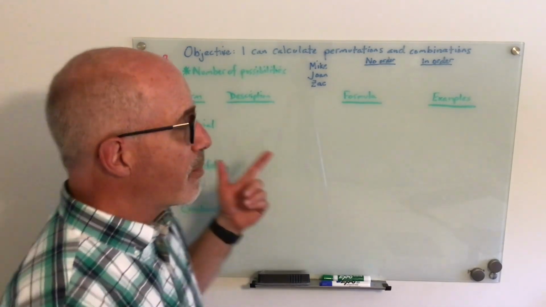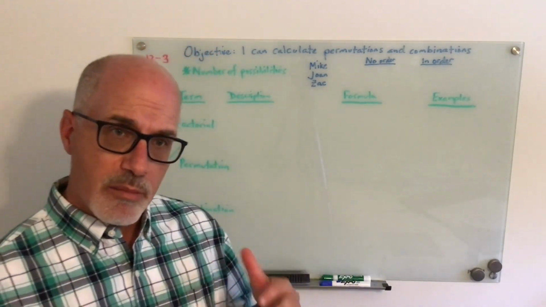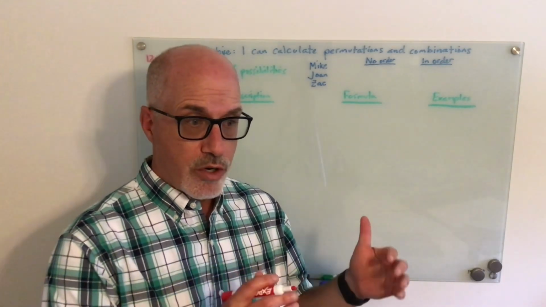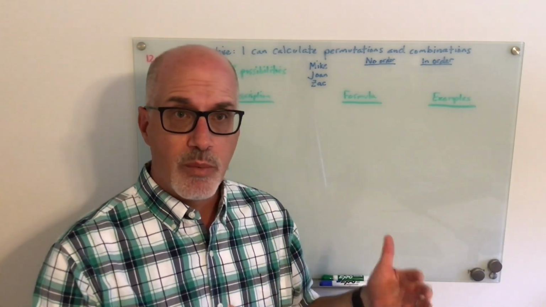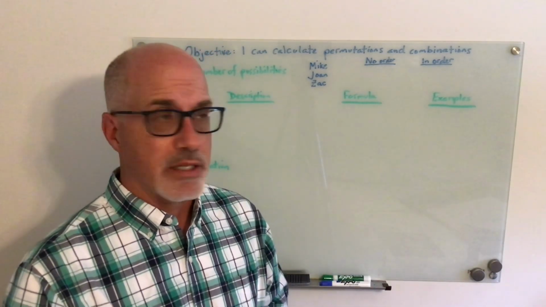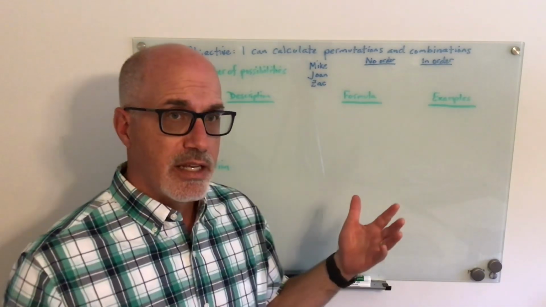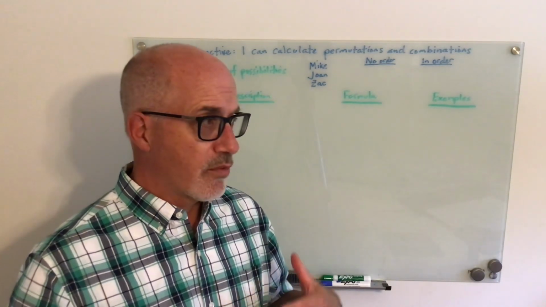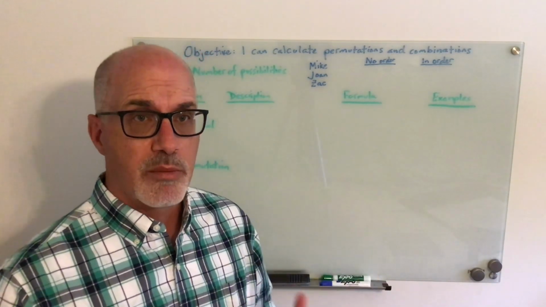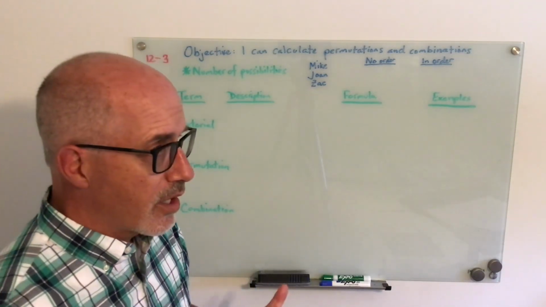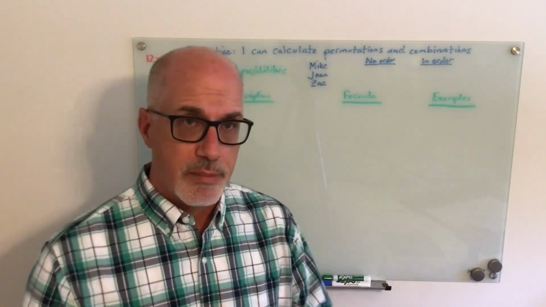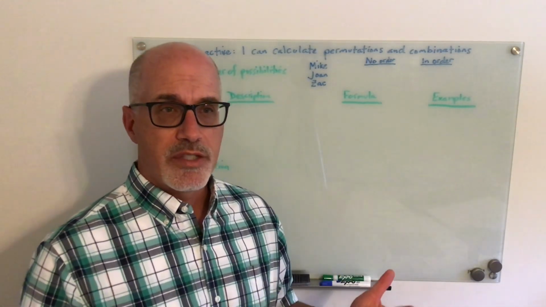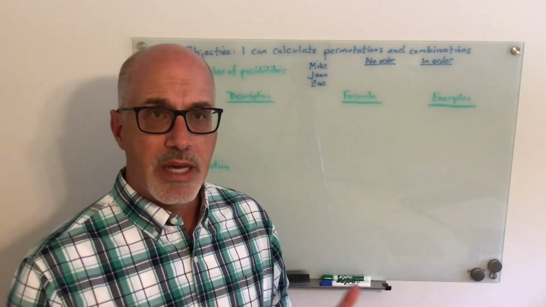We're going to look at the number of possibilities if you take subgroups, subsets of a bigger group and put them either in order or not in order. How many different ways can you pick those groupings? So as an example, let's say that you're going to go out for an adventure with some friends, and your folks say you can bring 2 of your 3 friends. Okay, sorry, you can't choose all 3. You got to pick 2 of them. So if you are picking them, you're just going to go for a walk. Then order doesn't matter. You guys are going to just be in a group, and so it doesn't matter which